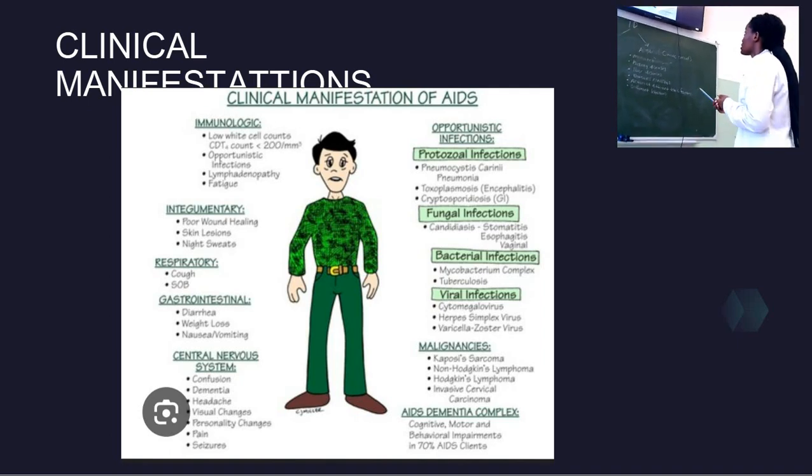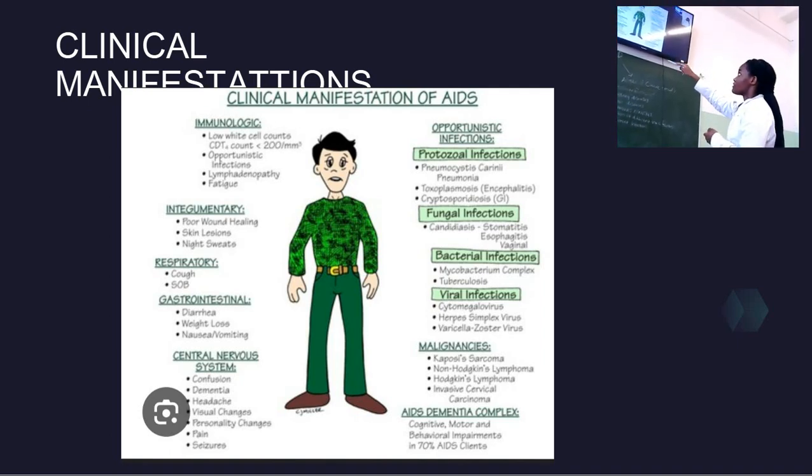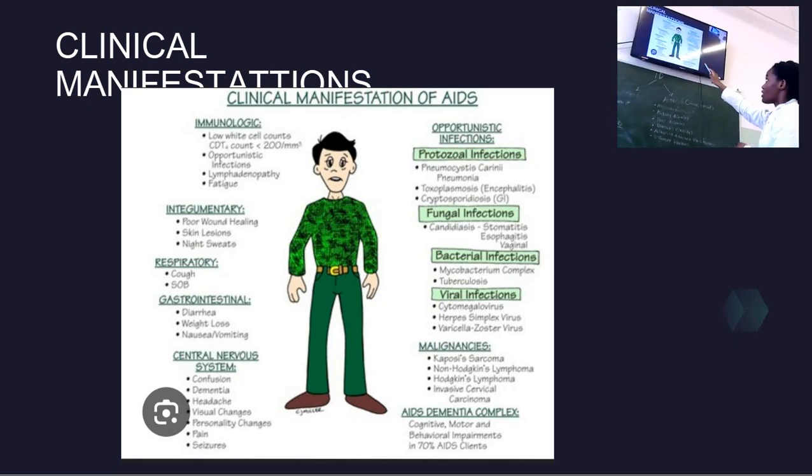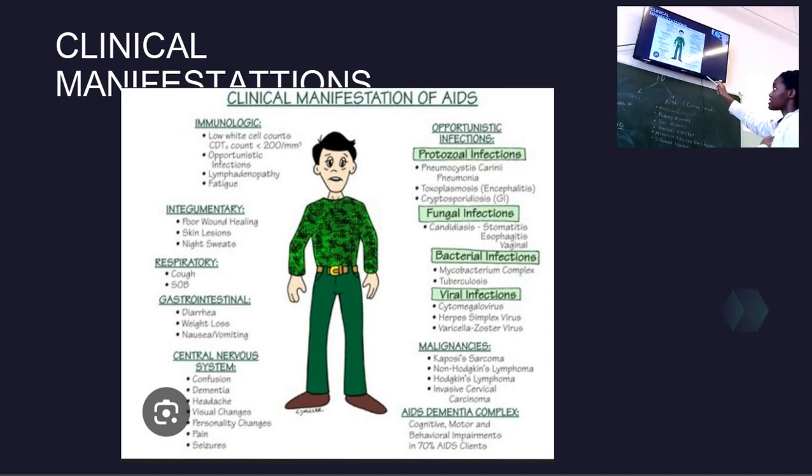And then we have gastrointestinal, where we have diarrhea, weight loss, and nausea and vomiting. And then we have central nervous system, where we have confusion. You remember for the second phase, I said that the patient might have a form of forgetfulness. So there's also dementia, headache, visual changes, personality changes, pain, seizures, and we have malignancies, where, like Derek says,